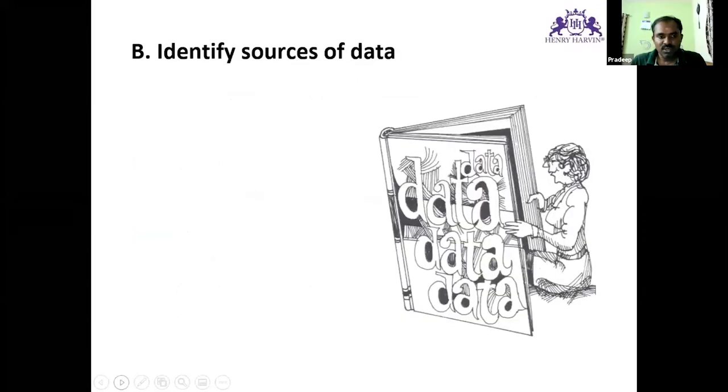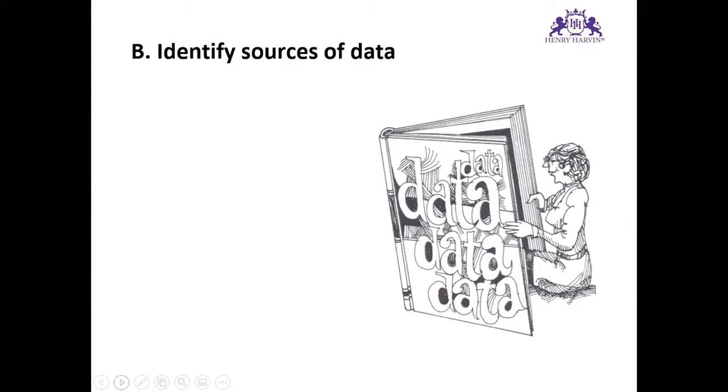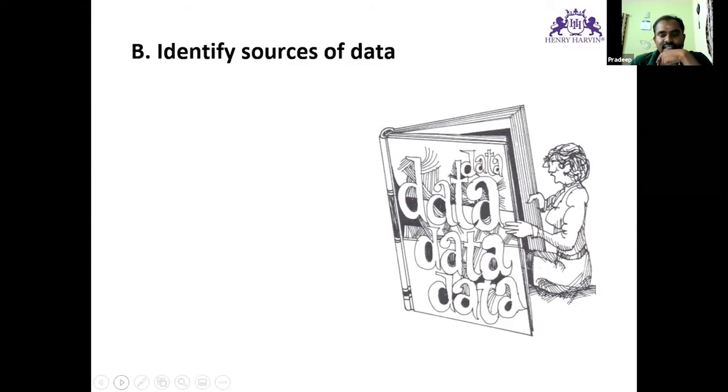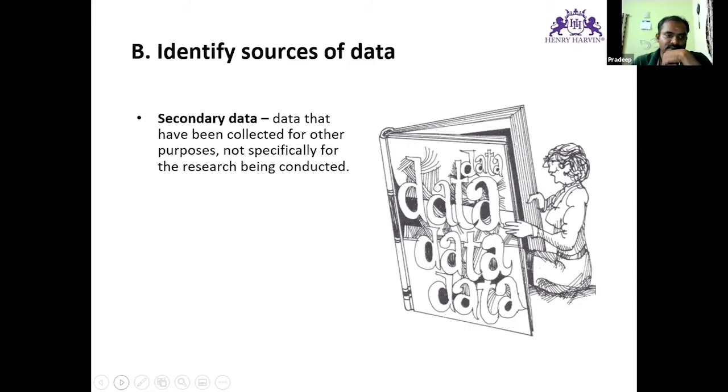Once you set the hypothesis, you need to identify the sources of data. What are the different sources of data we can have from design research? Can you tell me what the different sources of data are? Internet. Okay, good. Surveys. How can we understand the problems of the users? Surveys, internet, interviews, direct interviews, observations. Good.